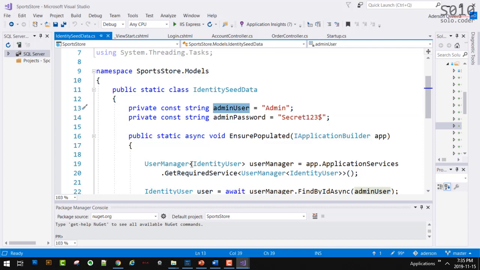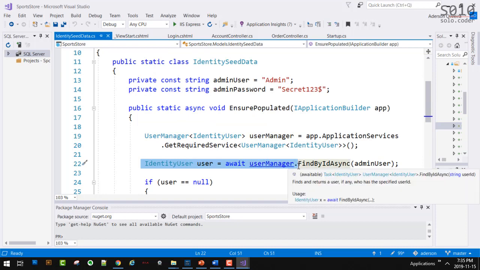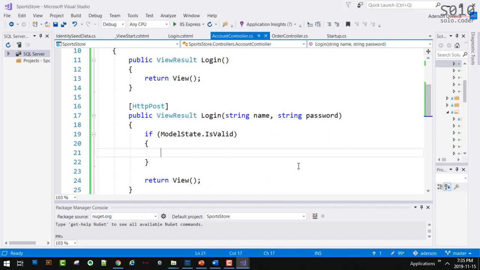We're going to use this guy here, UserManager, okay? Now, we're going to actually be doing this here. So we're going to be creating an identity user, and you're going to use find.